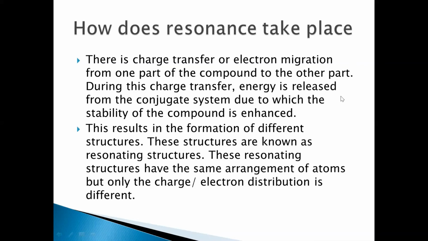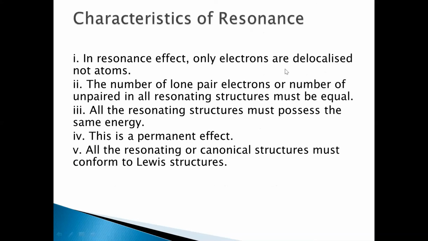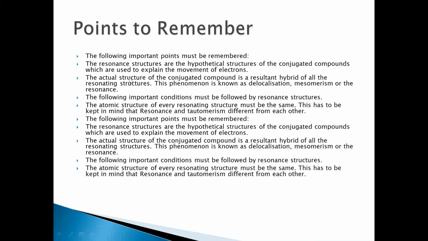If we go further, points to remember. The resonance structures are hypothetical structures. Actually, we are considering them hypothetical structures of the compound. The actual structure lies in between these structures. It is not three. Suppose I am showing three structures for carbon dioxide or three structures of benzene, that's not actual. You see here three bonds in benzene, three bonds on the different side. But when we draw benzene, we draw a circle because the actual structure is not one, not two. It is in between, so we do that.